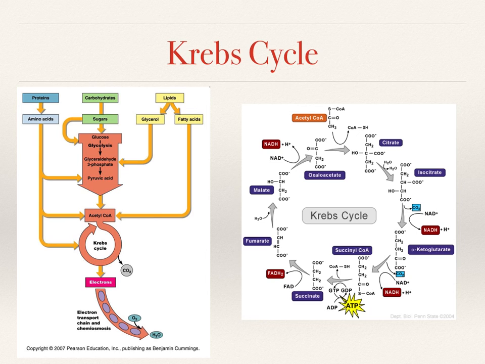That protein, carbohydrate, and fat is taken in, converts into acetyl-CoA, and the Krebs cycle takes the acetyl-CoA as a substrate and converts it into CO2, ATP, which is the energy source, and water. If you really would love to spend some time understanding the biochemistry of this, the image on the right shows the organic chemistry of the reactions that take place, where the acetyl-CoA enters this Krebs cycle at 12 o'clock, and through a number of different reactions, the electrons are exchanged, and we end up starting where we started from, into